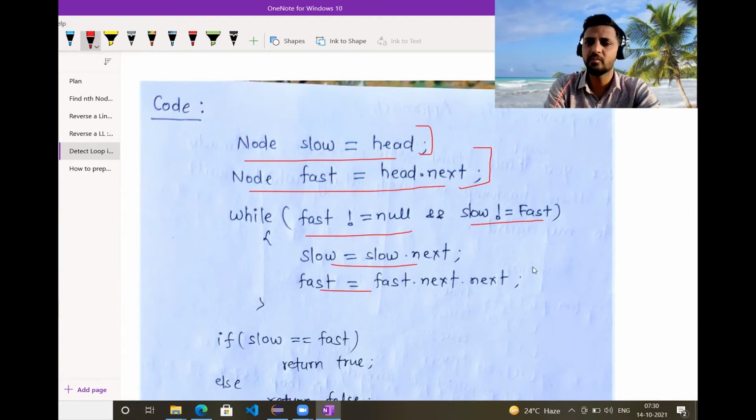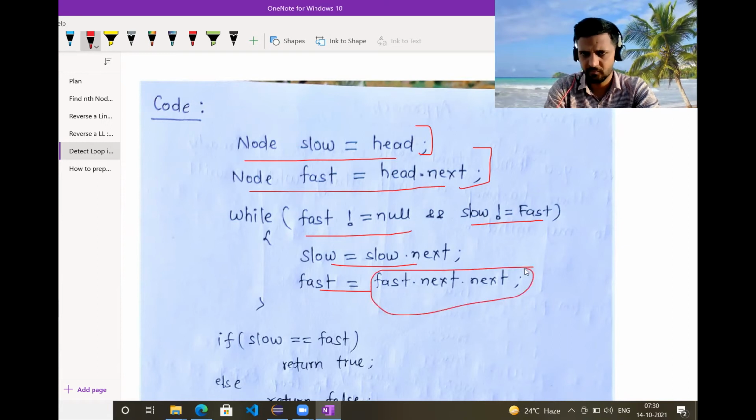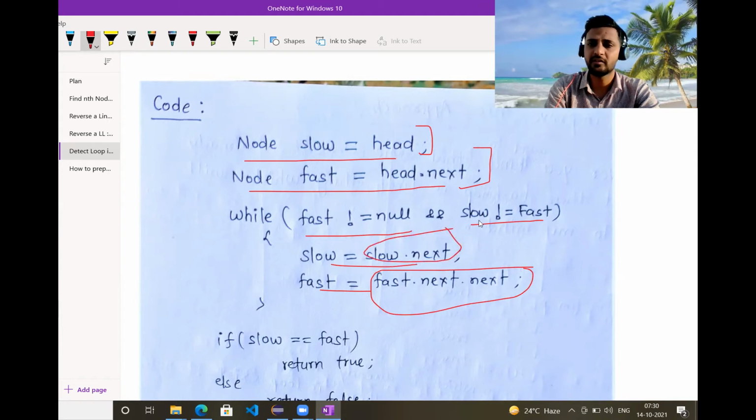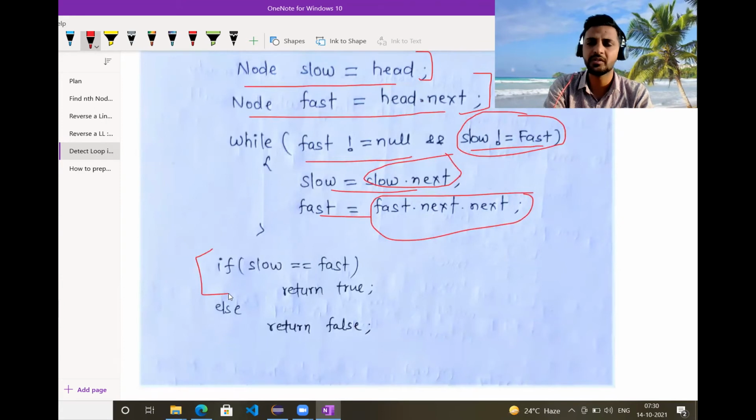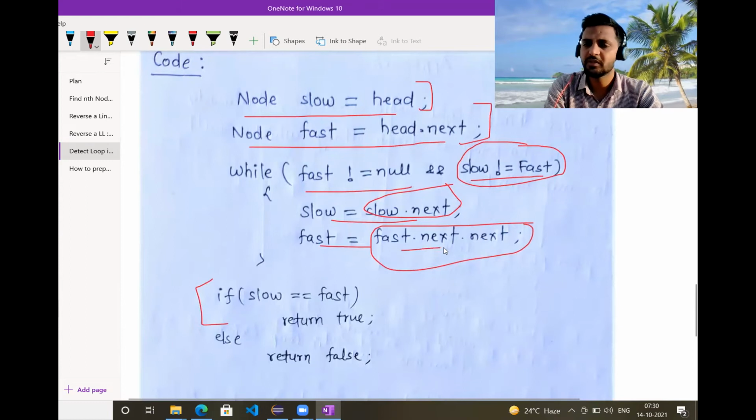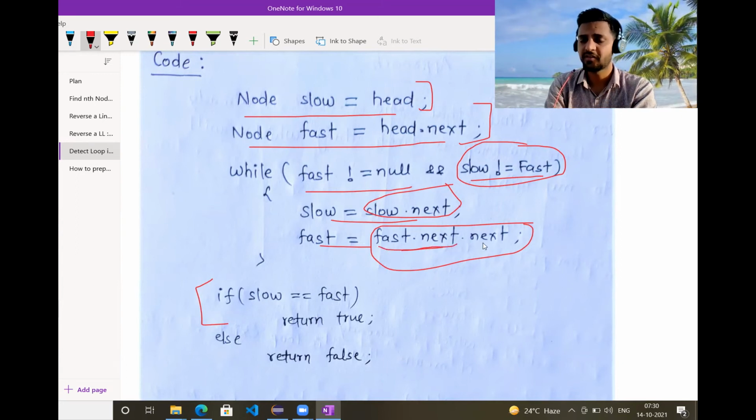So it means that we are moving fast pointer by 2 steps. Okay, it means that we are just moving slow pointer by 1 step, and this condition will take us out of the loop, and you will come here, you will compare these two. If they are same, definitely there was a loop in the linked list. Now okay, there are some condition we need to apply here, because it can be possible that fast dot next is null, so we cannot apply null dot next. So that part we will handle in the code, no worry. This is just for the explanation part.